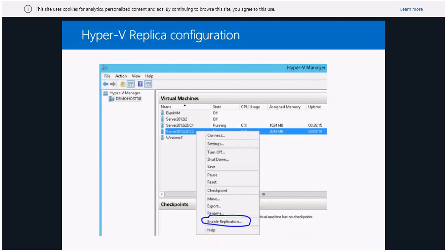Yeah, there you go. Basically, if you have a Hyper-V running on Server 2012 R2, there are some nice improvements. It's not too complicated to do the configuration. You just click on the virtual machine and then go for enable replication. And then, of course, you need to set the destination server, and then you can set the time. You can do the replication every 30 seconds, which is the minimum, or you can set 5 minutes or 15 minutes intervals.